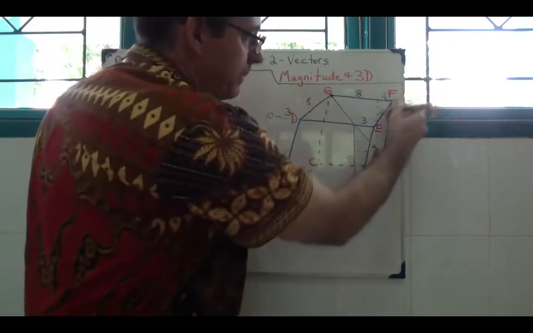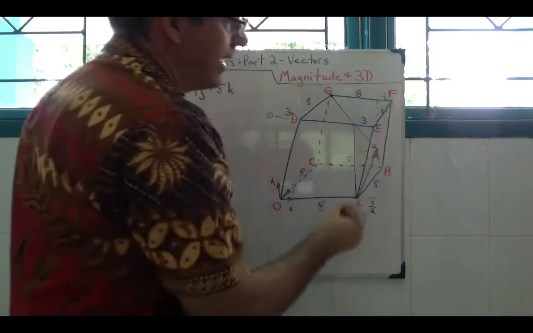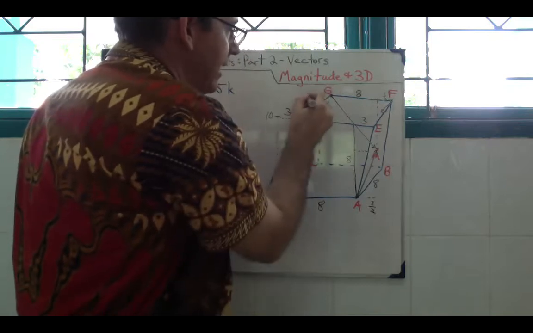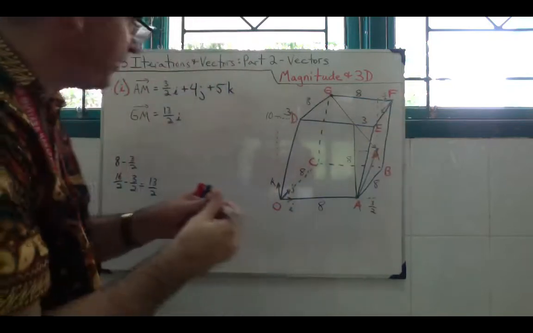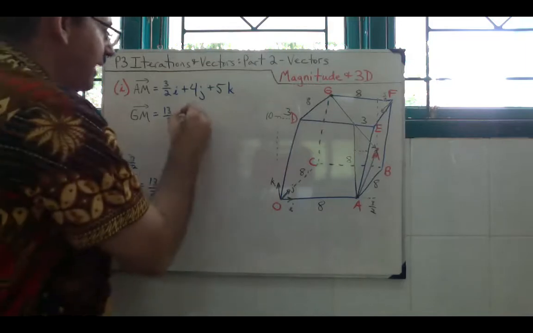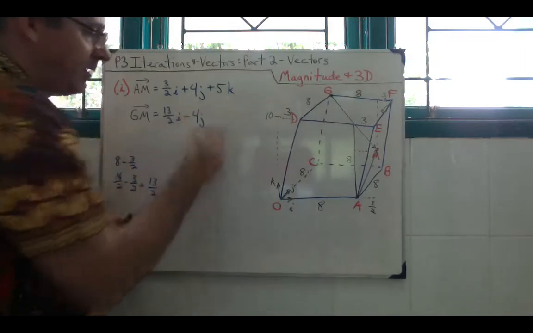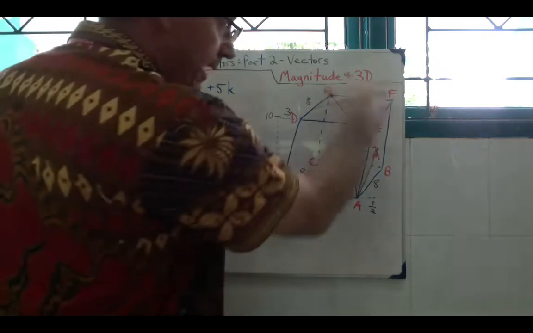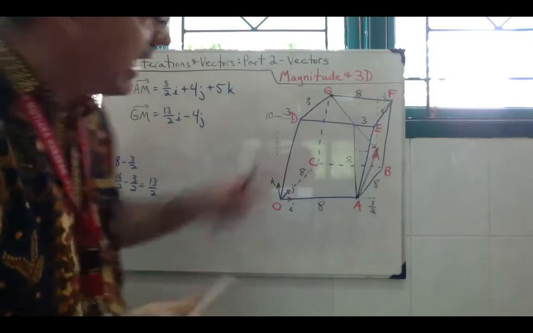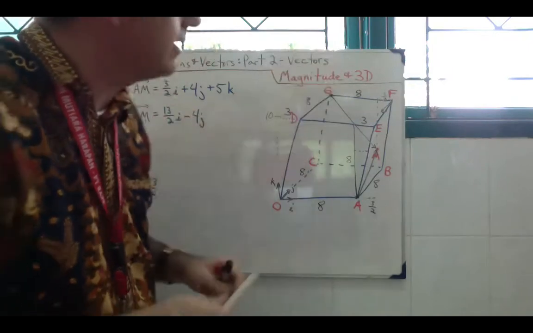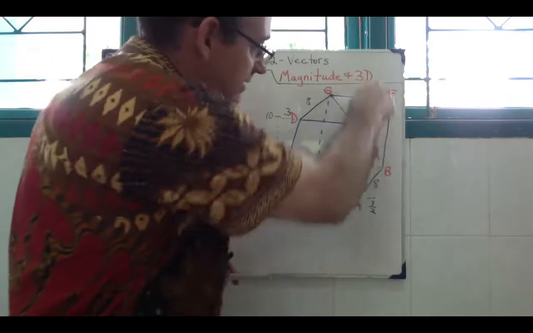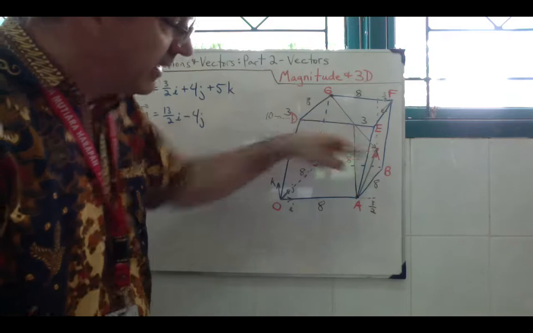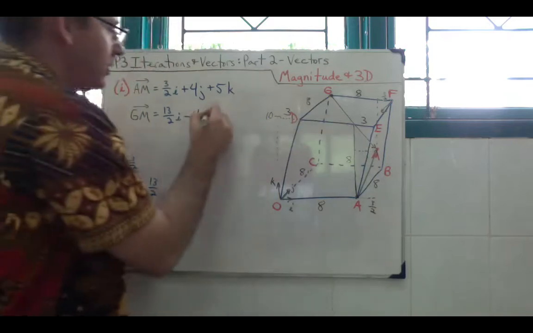And now we want to come back halfway. Okay, G is all the way in, it's all the way at 8, and we want to come back half of that. So this is going to be minus 4J because the direction is back out of the board, or out from the back of the diagram. And we want to go down on the Z-axis, again, half of the height of the diagram. This is at the top of the diagram, M is in the middle, so we want to go down